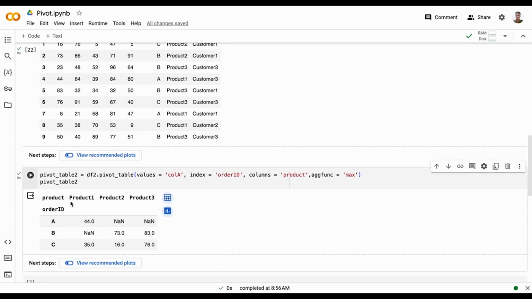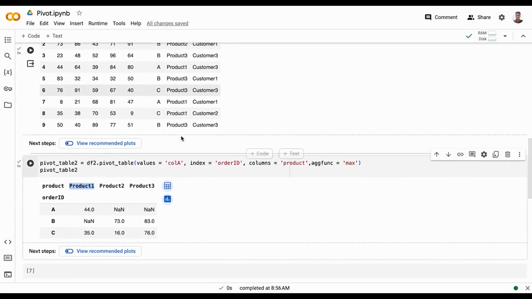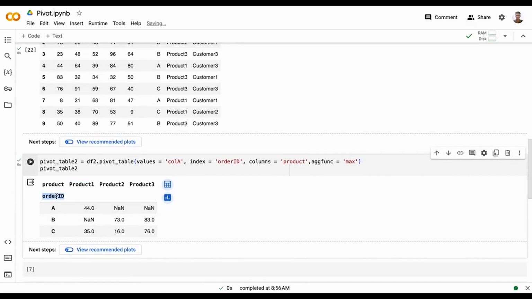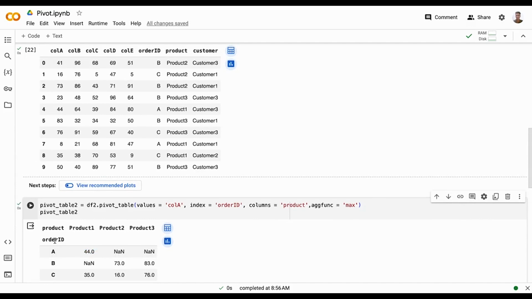Okay, so now here if you see product 1, product 2, product 3, because there are three unique products, and there are three unique categories in order ID A, B, C. So these are coming here, and if you notice, this entry is 44. This entry is referring to wherever the order ID is A, and wherever the product column has entry product 1, so it will take all of those entries where order ID is A and product is product 1, and then whatever value